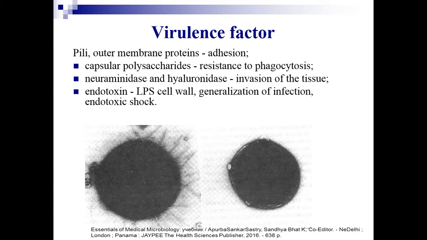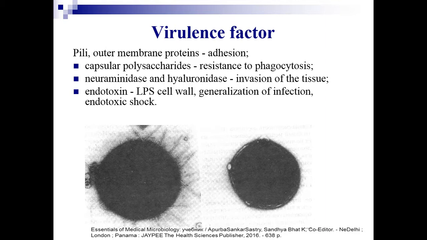Endothelial injury is central to many clinical features of meningococcal disease, such as increased vascular permeability, leading to loss of fluid and shock, intravascular thrombosis, leading to disseminated intravascular coagulation,